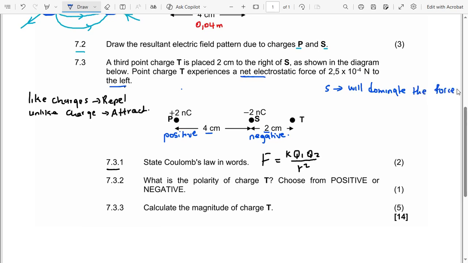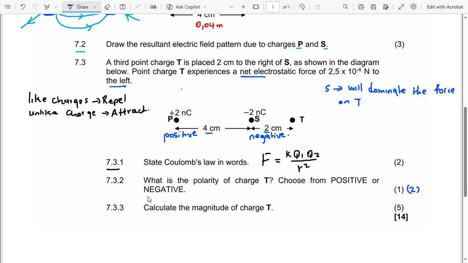Guys, I'm not going to say that this is 1 mark. I'm not going to explain this. I need to explain this. Right? S will dominate the force on T, because if I don't explain this, you'll get it in a multiple choice, which is 2 marks in a multiple choice. Okay, so now